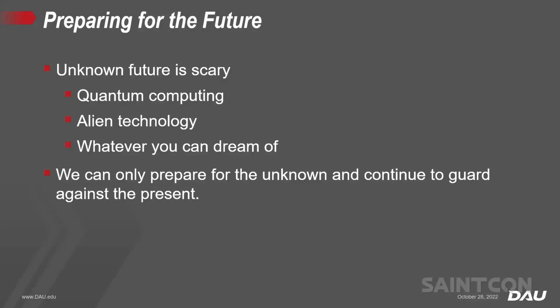Now, a lot of the unknowns get into quantum computing, alien technology, whatever you can dream of. There's a lot out there that we don't even know what's feasible. Some black government program that's doing something weird, or some unique business somewhere in the world doing something that's unheard of, unknown, totally out of this world. And how do we deal with it? We can only prepare for the unknown if we continue to guard against the present. And that we have to be